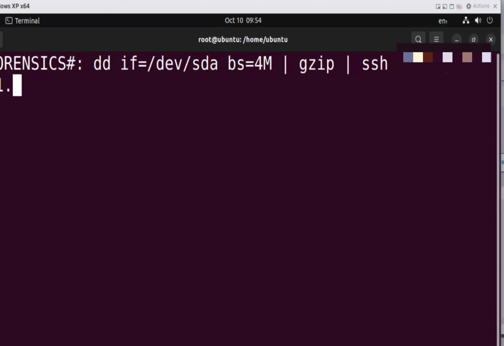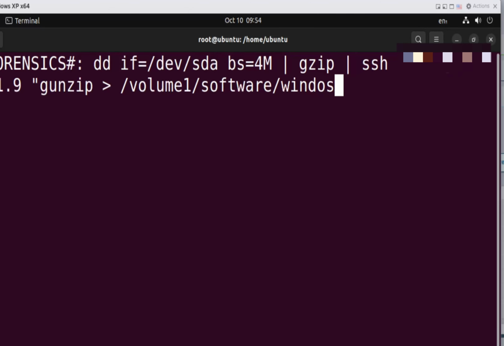And then what we'll do is gunzip, into the volume 1 software folder. We'll call it Windows XP, if I can spell right, Disk forensics .img, and then we'll start piping this out. So it will start